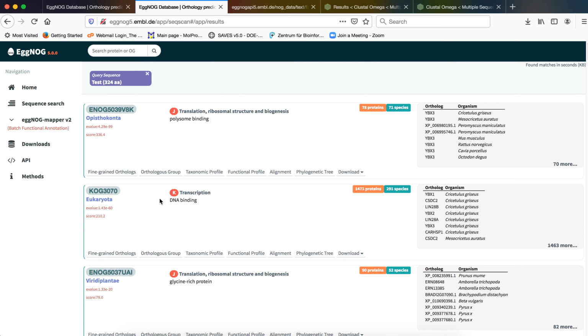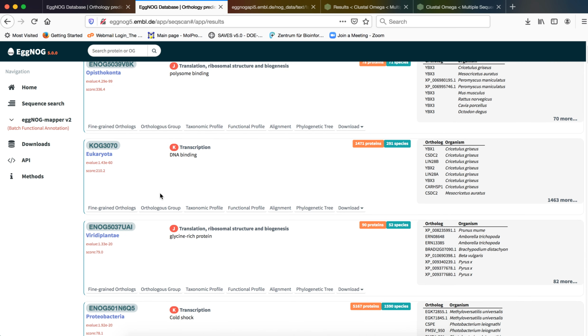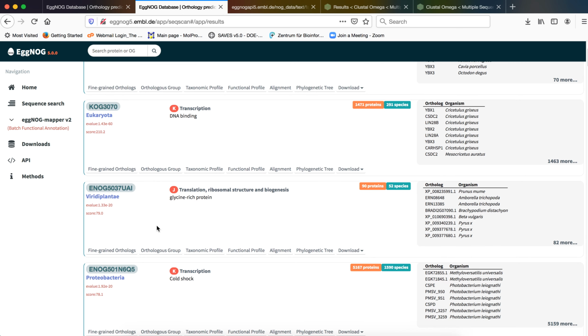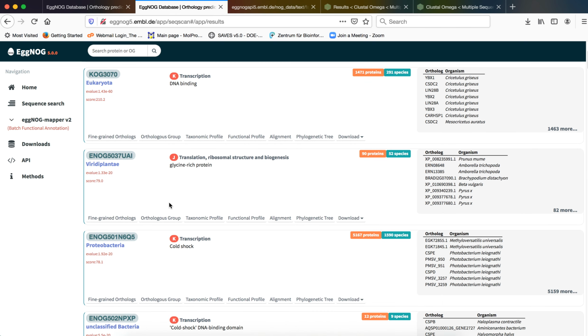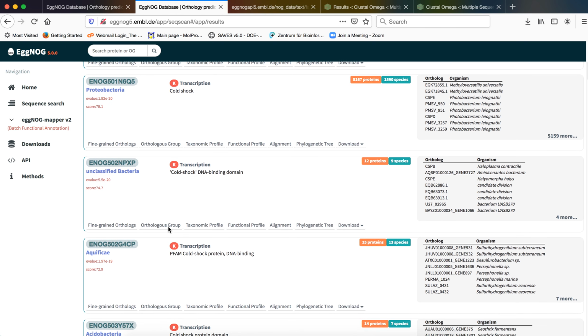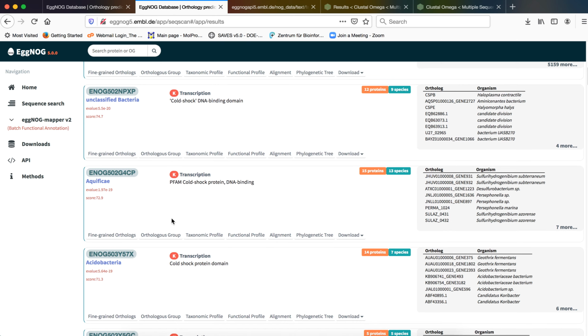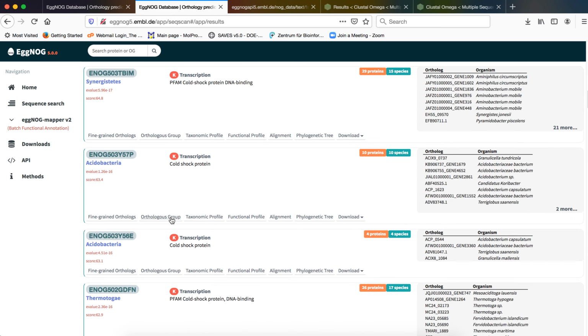Then if you go down further, you will find there are instances from Eukaryota as a whole, Viridiplantae, which is the plant segment, Proteobacteria, unclassified bacteria, Actinobacteria, Acidobacteria, so on and so forth.